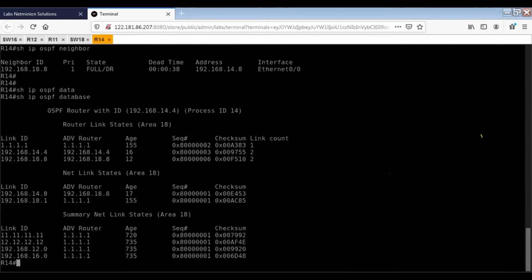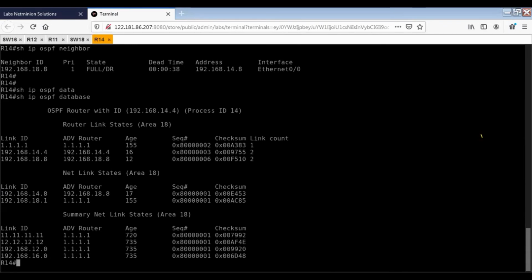So we have area 18. We have 3 routers in area 18: 1.1, 14, 18. We are advertising 2 links, 14 and 18, in 18. These are the summary addresses we are getting from this router 1.